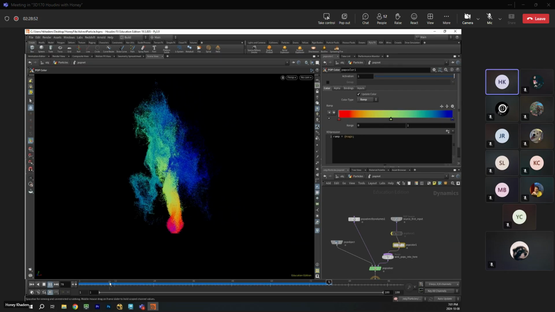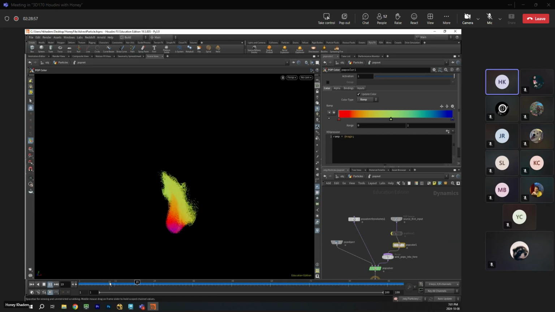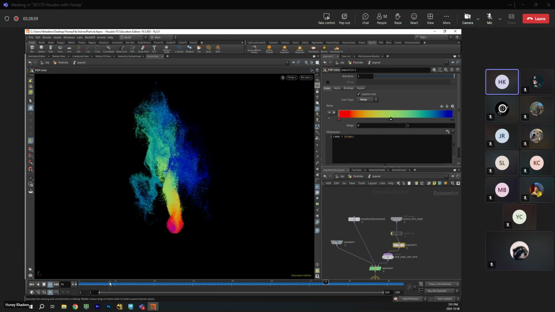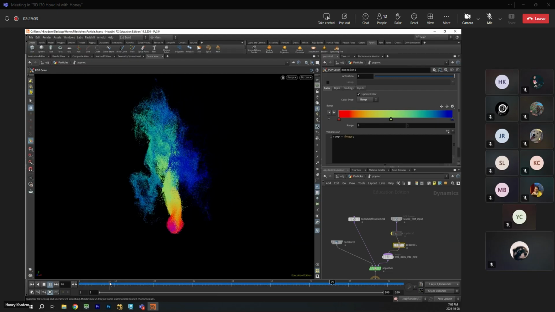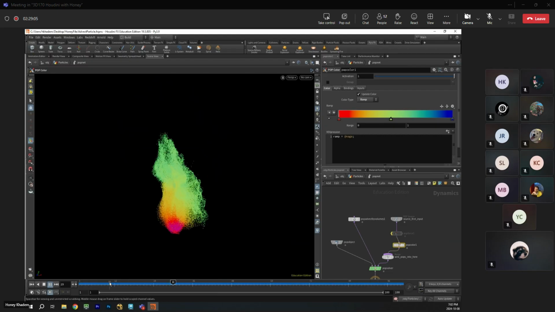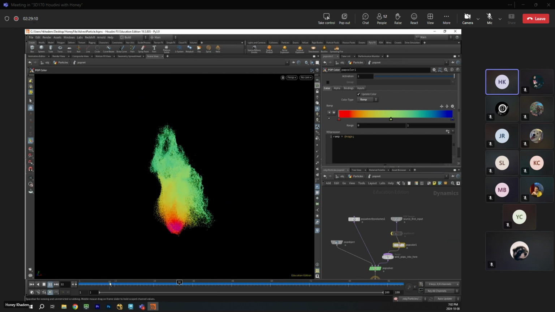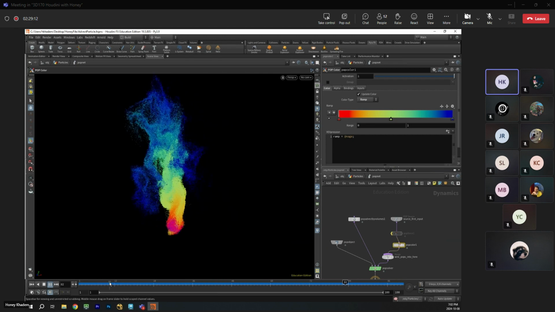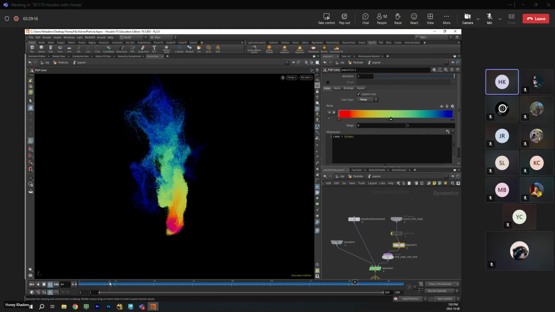Okay, you remember I told you that you don't need to use the trail anymore? That's why. Because if you render this with motion blur, it doesn't have exactly the same effect. Oh, it's like, oh wow, it looks way better. I was looking at it, I was like, oh, that's great. It looks even better than there.